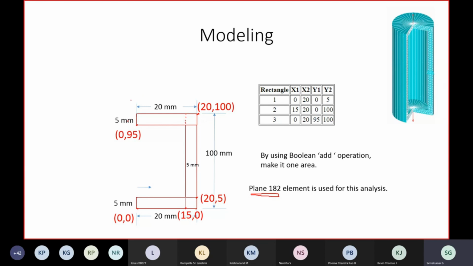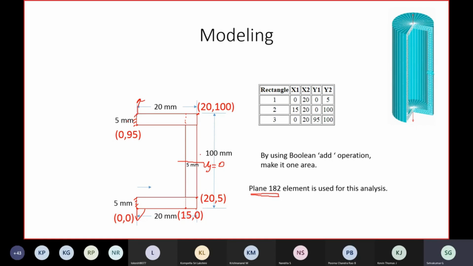Next step, you have to apply the force like this, and here you have to apply the force like this. Boundary condition, I mean axis symmetry boundary condition, these two positions I have to give, and I have to arrest the movement somewhere here, uy is equal to 0. I have to constrain it, uy is equal to 0, such that if I apply the forces, I can find out the maximum stress induced in the cross section, as well as calculate the maximum deflection in the element.